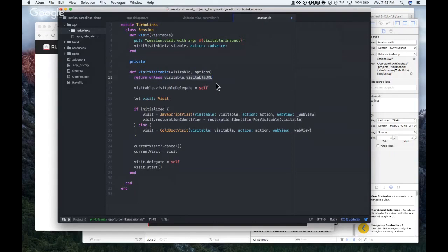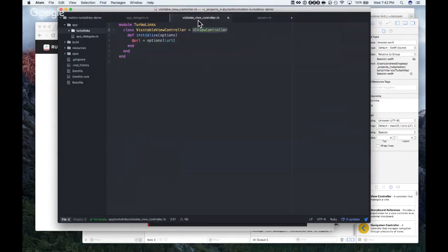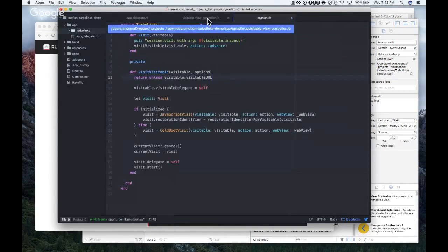Interesting. This will probably raise a no method error since we haven't implemented visitable URL. So I guess we should define that. Now you could go with just URL. Just do an adder accessor on URL. Yep.